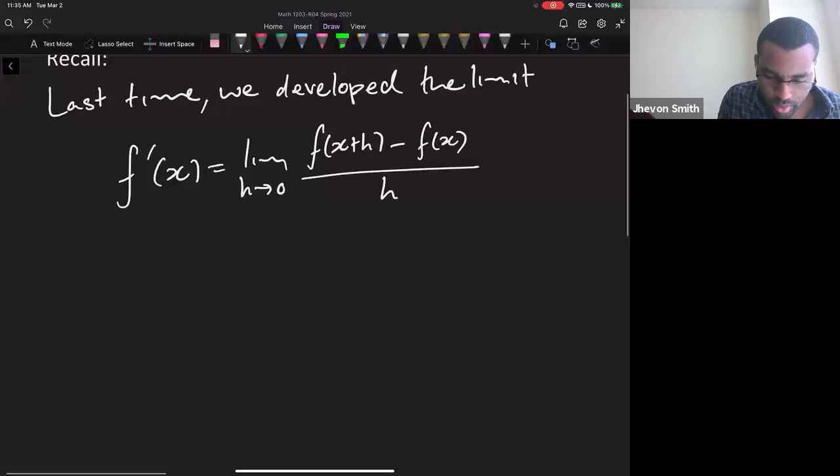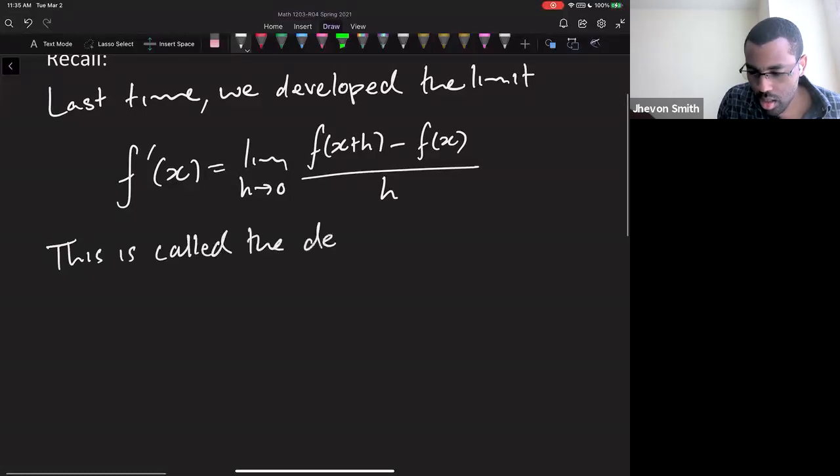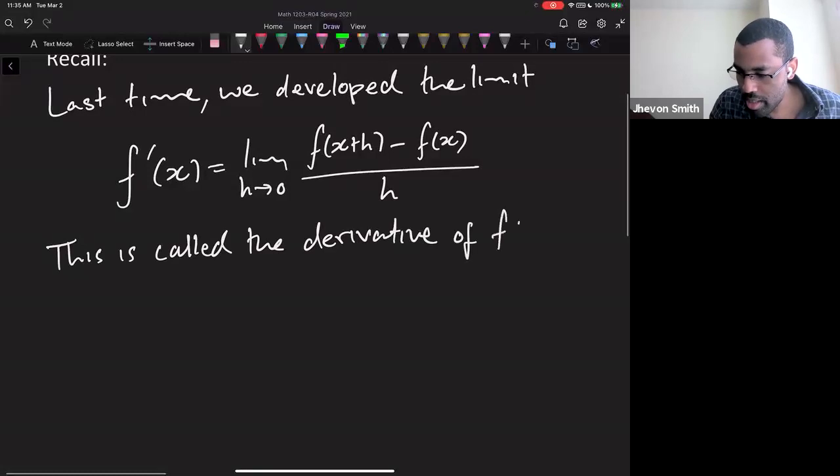This was called the derivative of f of x